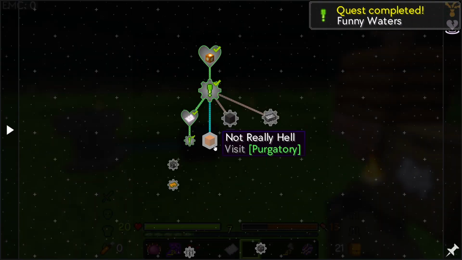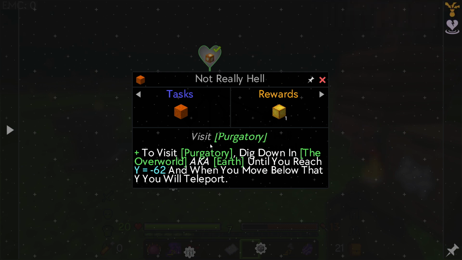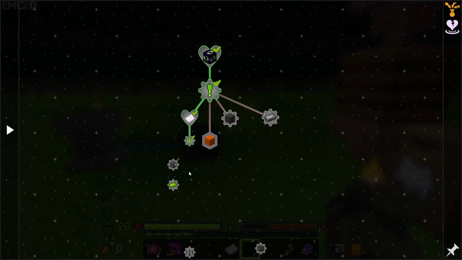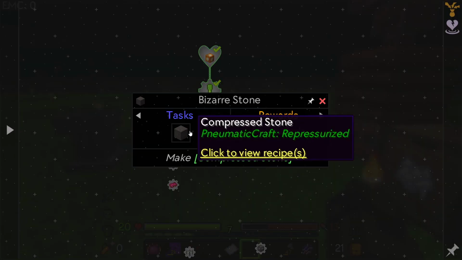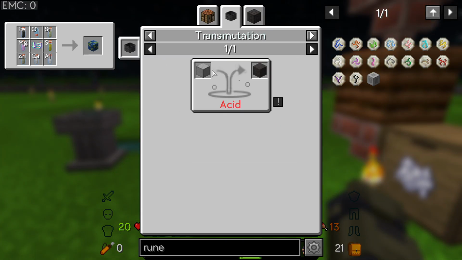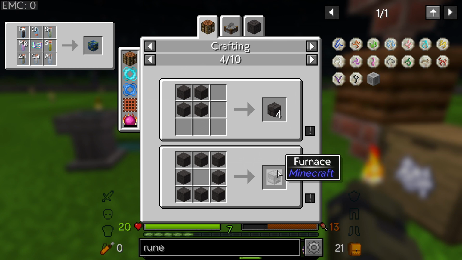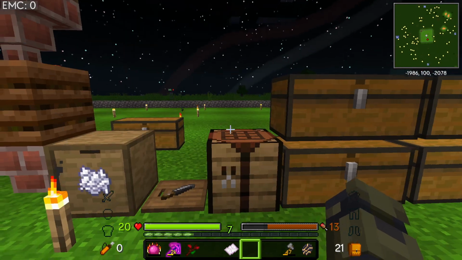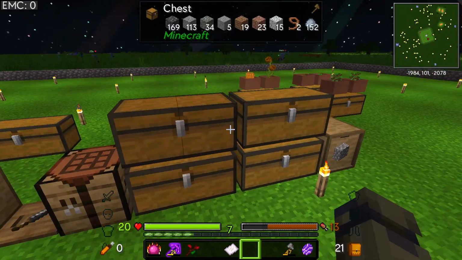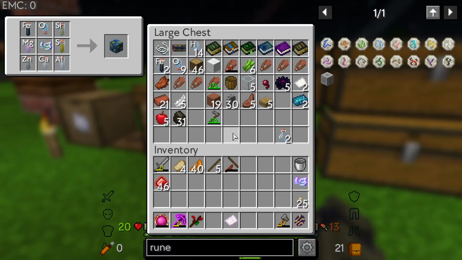So the next one is right here, Purgatory. But before we go to Purgatory, I want to do the Bizarre Stone. I know I just said we were going to do it in order, but I want to get my Smooth Stone into Compressed Stone because Compressed Stone is going to unlock a furnace, and it means we can start using a furnace, okay? So I also, in my time lapse, prepared...